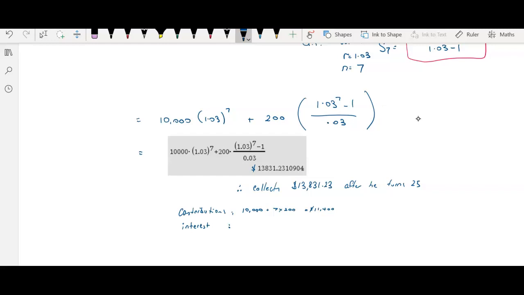So that would be 13,831.23 subtract 11,400, and that figure is to the nearest dollar,